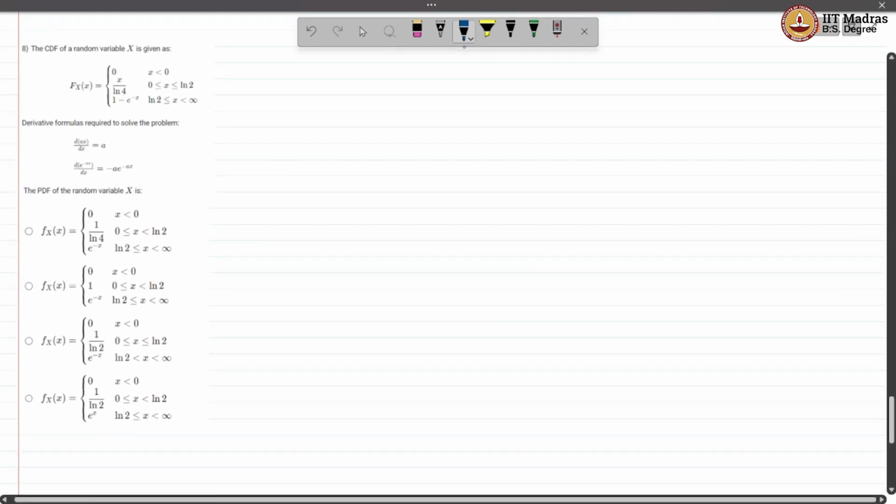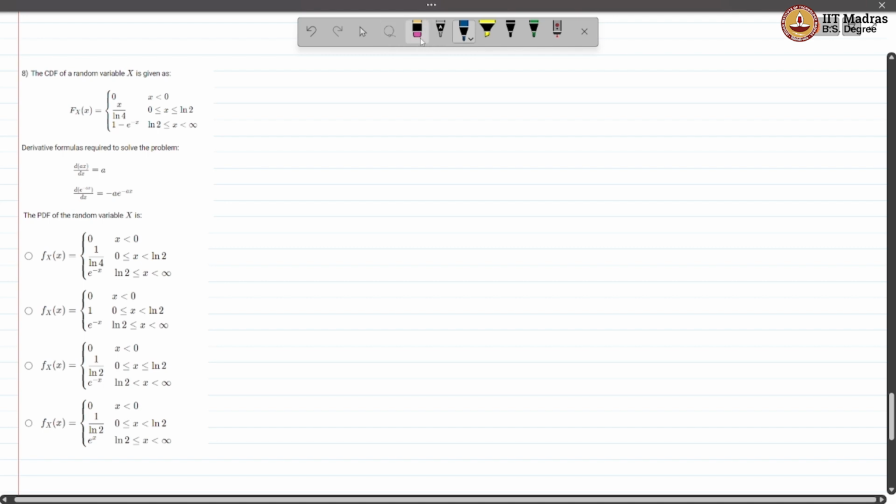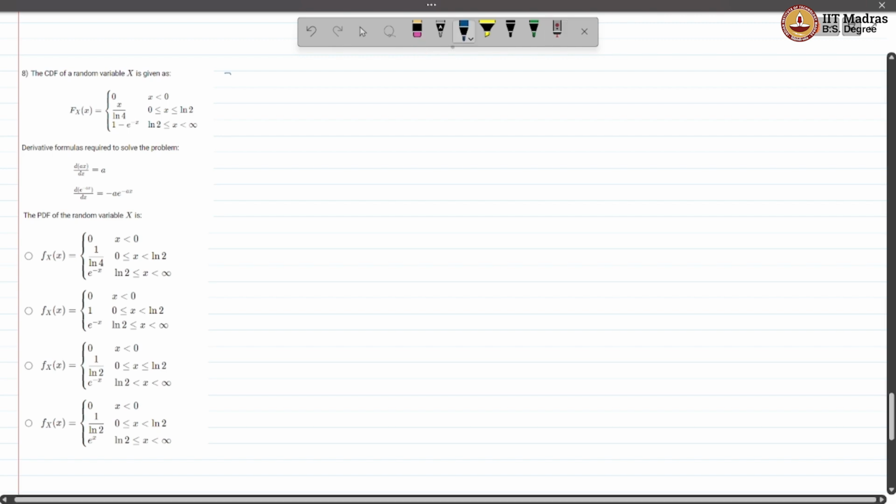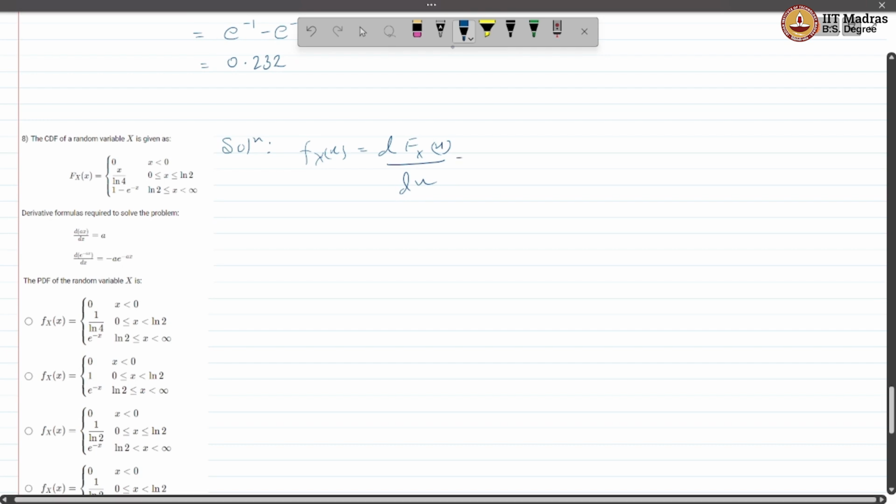Now moving on to question number 8. In question number 8, we are given the CDF of a random variable x and we have to find the PDF. So for finding the PDF, we'll simply differentiate the given CDF function with respect to x. So this will be